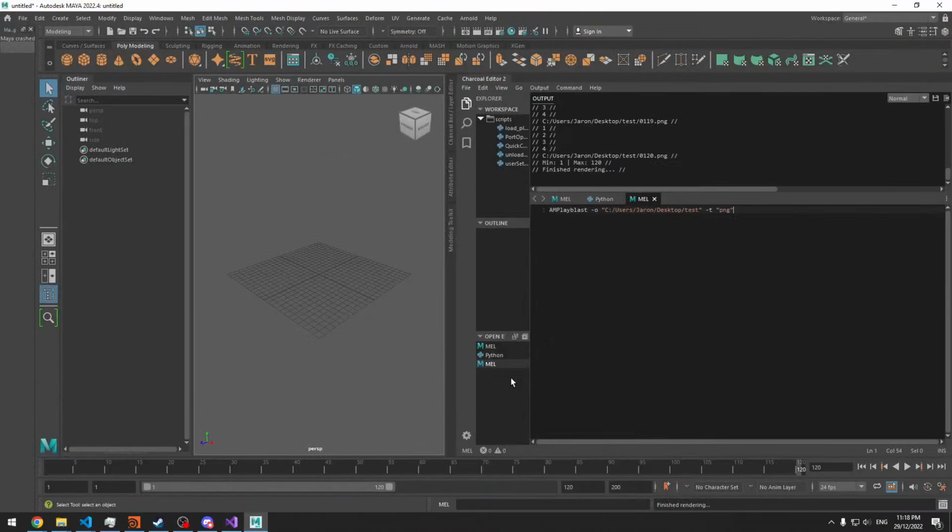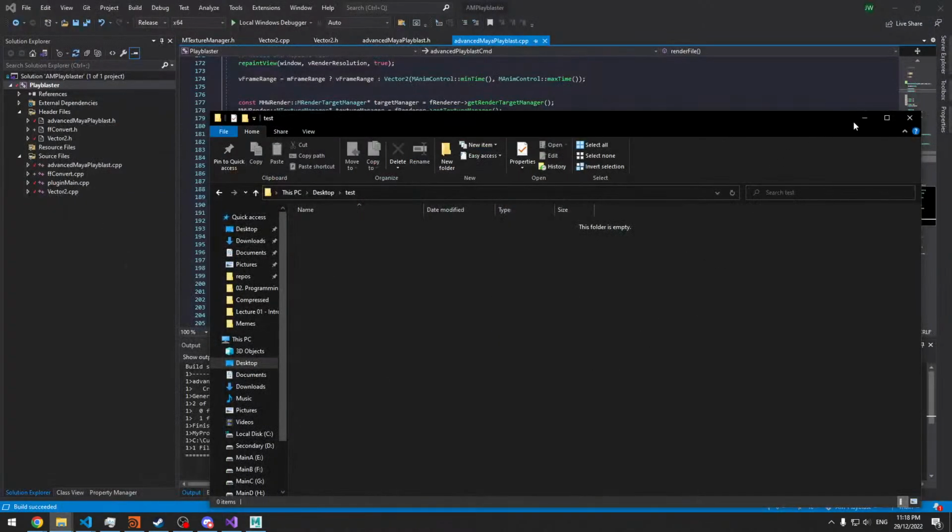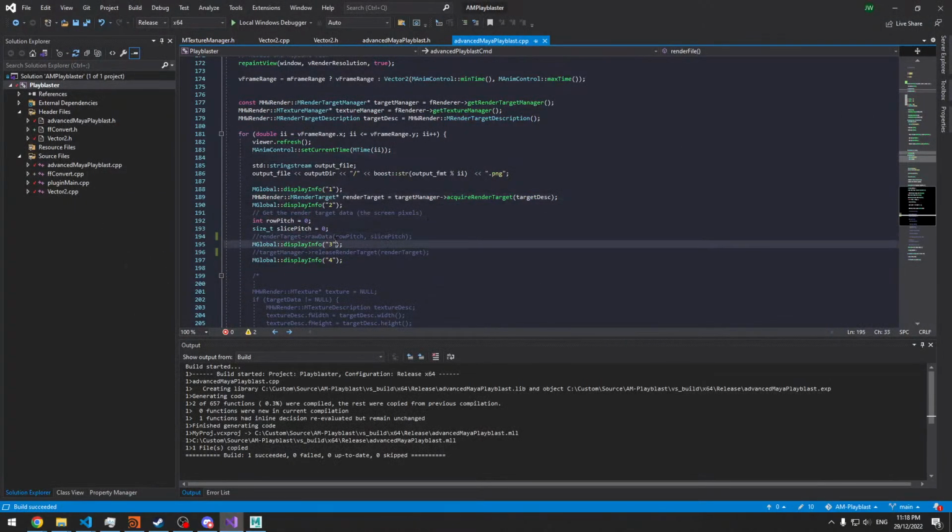Oh, what? I'm not going to update anything. It doesn't like this raw data thing. Render target. Doesn't like render target. Requires render target. So what we're going to do is,